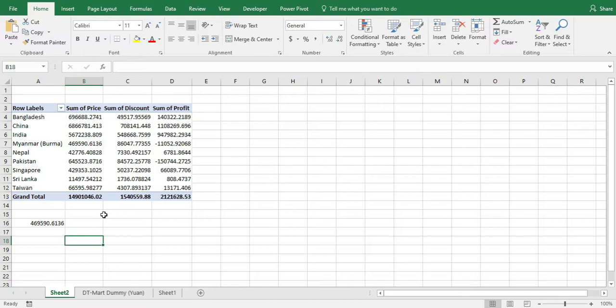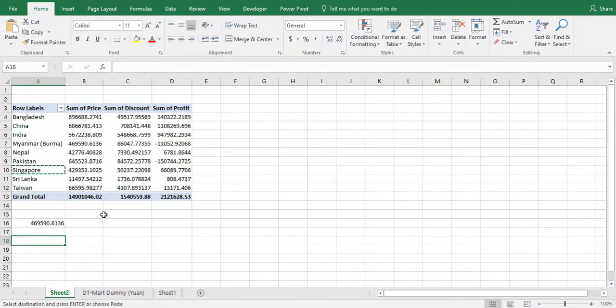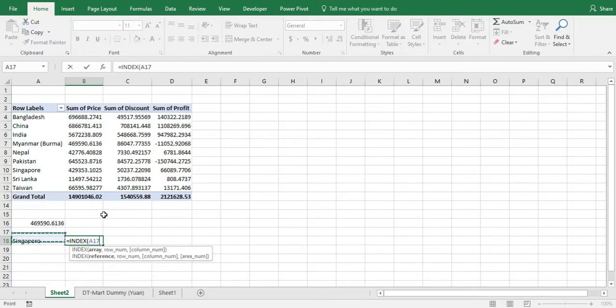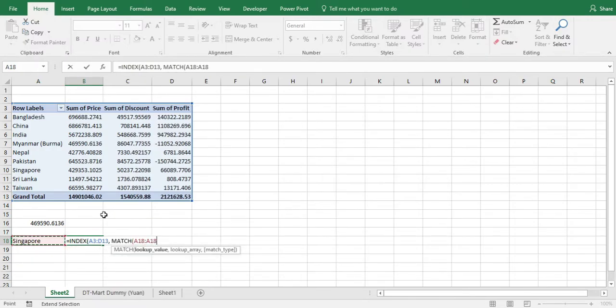Now, we want to know for a specific value. For example, we want to know for Singapore what's the sum of the profit, right? So we'll use index. Now in this case, since we need to know for Singapore, either we are going to count where Singapore lies, which might be difficult in case there are a lot of entries, or we'll use match. But we have to match Singapore,